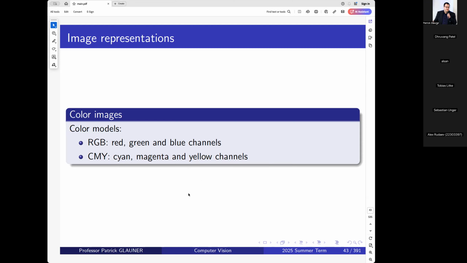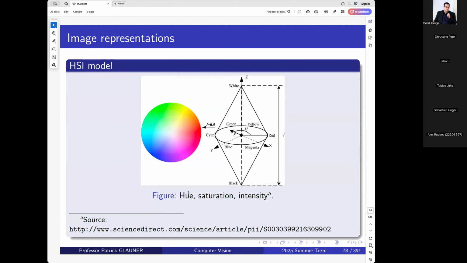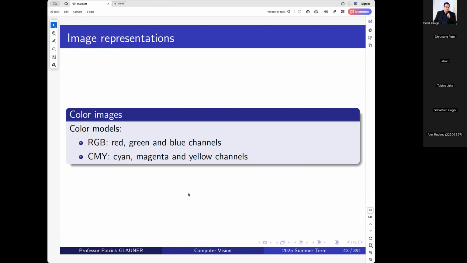And these are the three channels in the CMY model. But you can easily convert between them. Now, it turns out, say you have RGB and you have some orange-like color, and you want to make it lighter or darker, this is quite difficult because if you have some